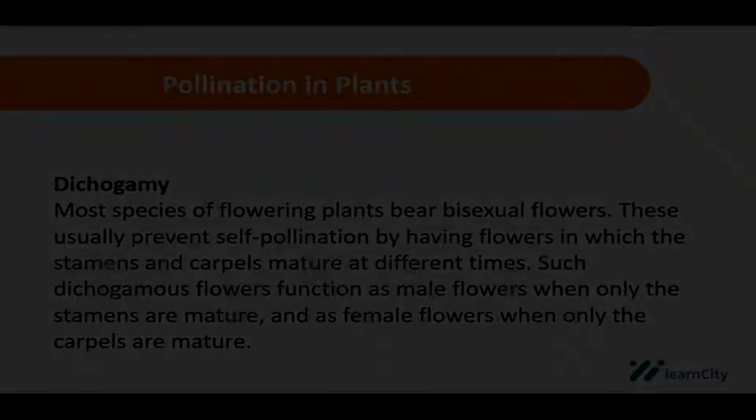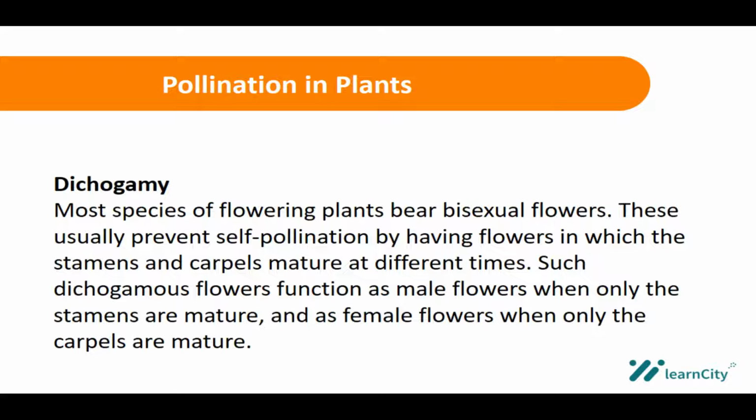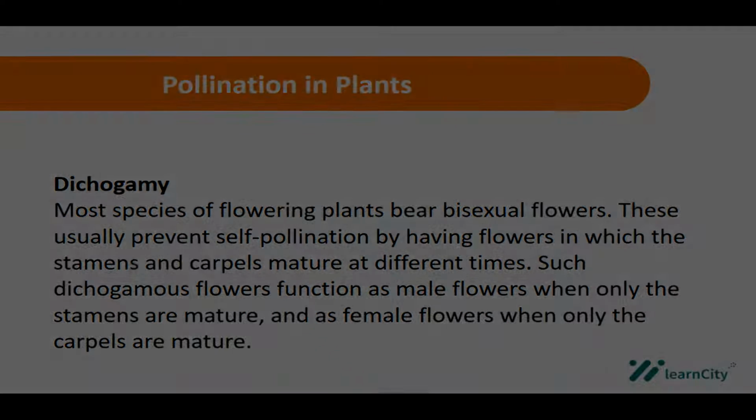So another feature that favors cross-pollination in plants is dichogamy. Now, most species of flowering plants usually bear bisexual flowers. Generally, most species usually bear flowers that have both sexes, both the male and the female sexes. So these plants usually prevent self-pollination by having flowers in which the stamens and the carpels mature at different times. The way the plant can prevent self-pollination, but not intentionally of course, is when the stamens are maturing before the carpels, or the carpels are maturing before the stamens, that's the male and the female part,